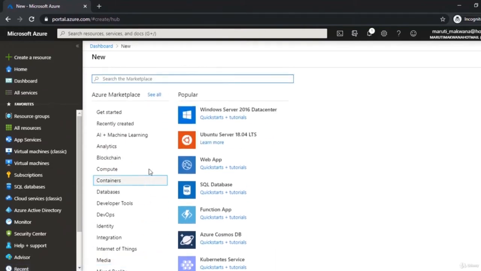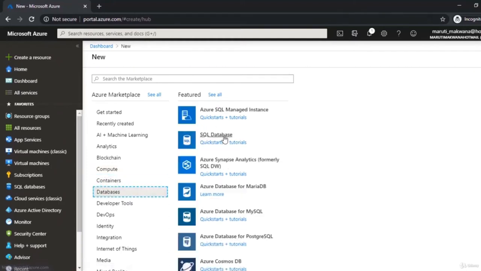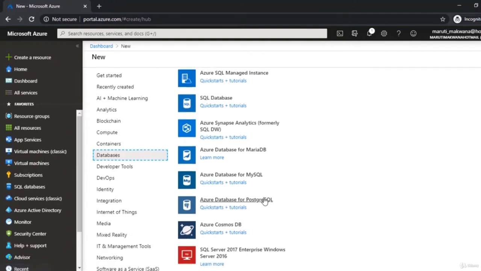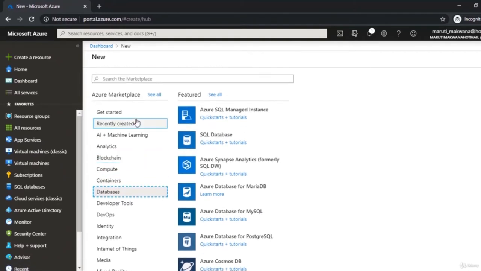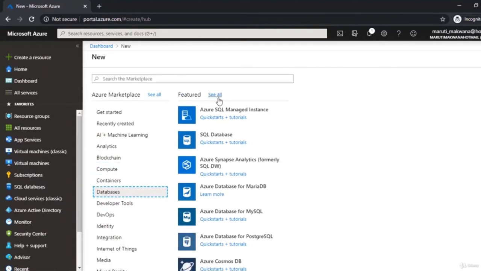If you want to create a virtual machine, or maybe you want to create containerized applications with Kubernetes or maybe Container Registry, or maybe you want to host a simple database which is a SQL database, or maybe MySQL or PostgreSQL. Azure resources are available on Azure Portal, and not only Azure resources, there are a couple of services associated with Azure Portal which are super flexible, and it is really easy to customize Azure services and resources within this portal. If you want to deploy anything on Azure, the first place is Azure Portal.